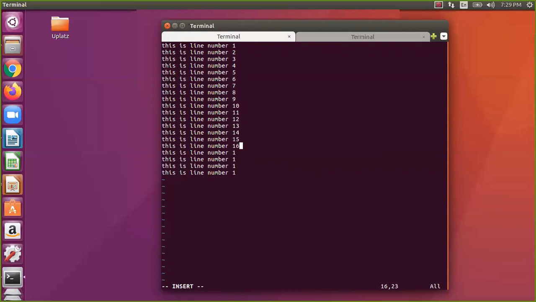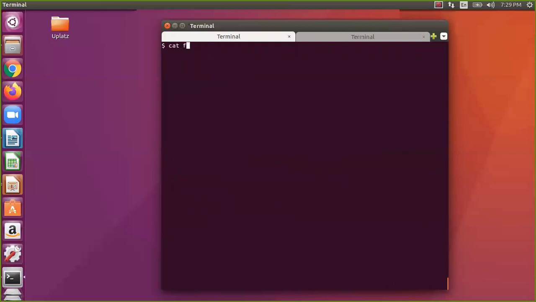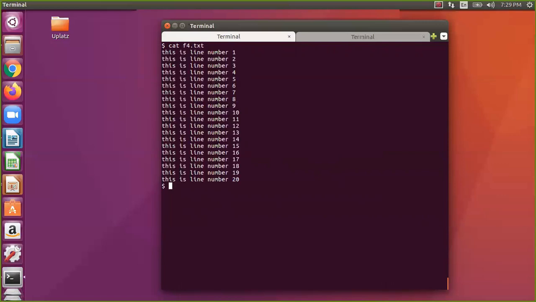So you can do whatever you want, but here why I am doing this is for us to recognize whether to cross check that particular one, whether the command came accordingly. Okay, so now if I say cat f4.text, you know it will display all the content, but if you want only the top 10 lines, you will just say head.